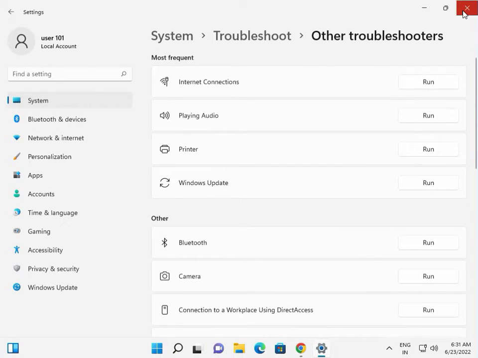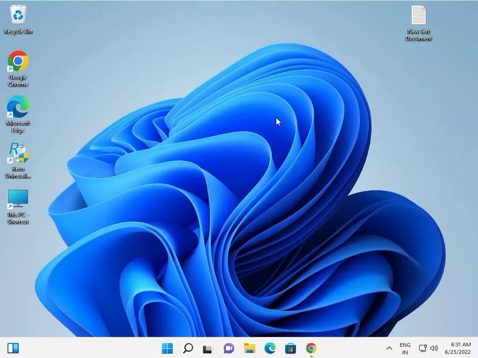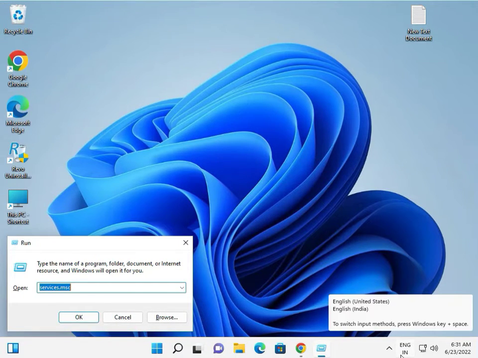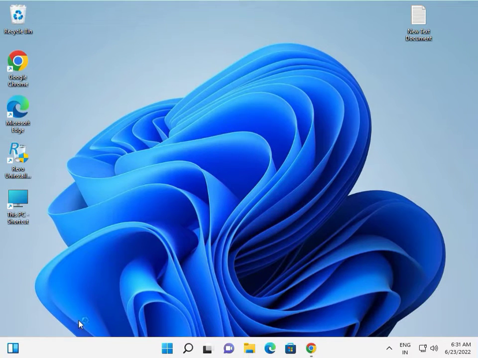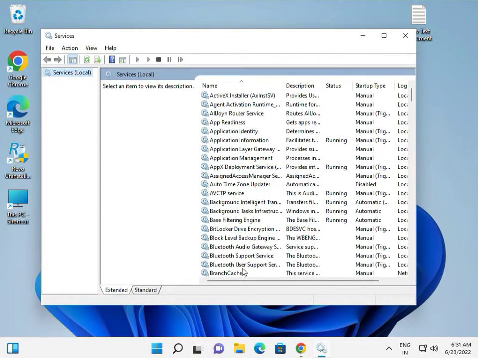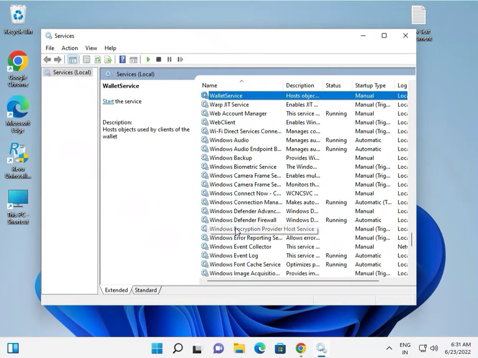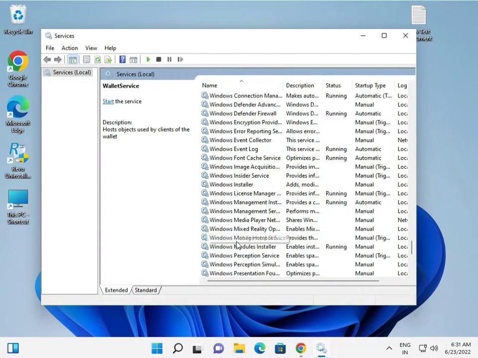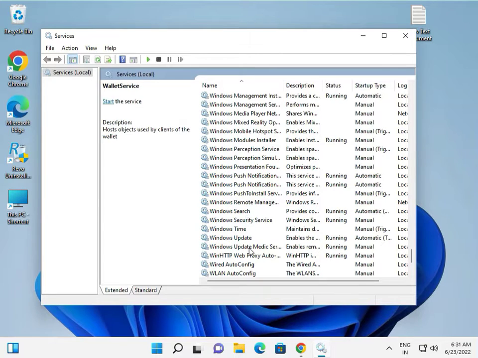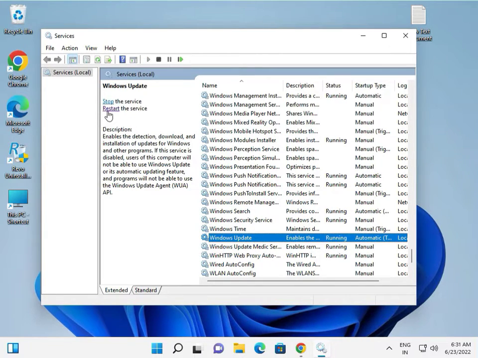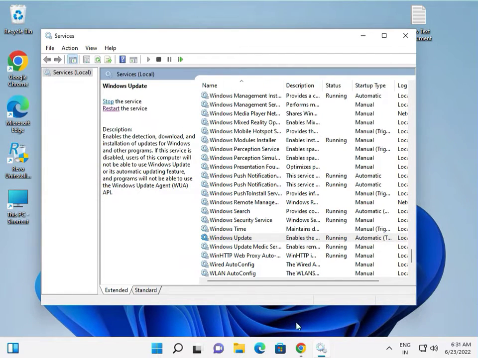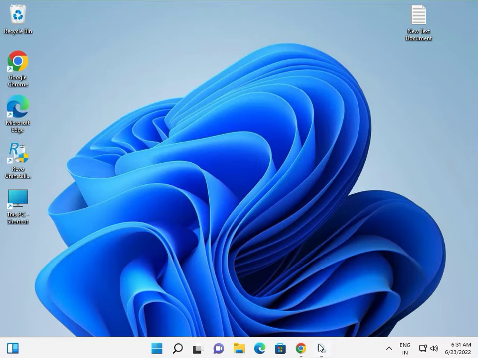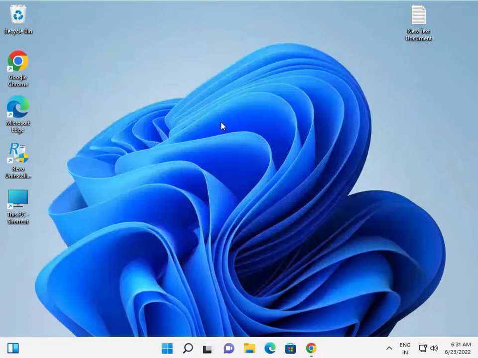So then guys, the second option: press Windows R, type services.msc. Okay, type W for Windows Update, scroll down, Windows Update, and click restart. Okay, and then close, and then again type cmd,